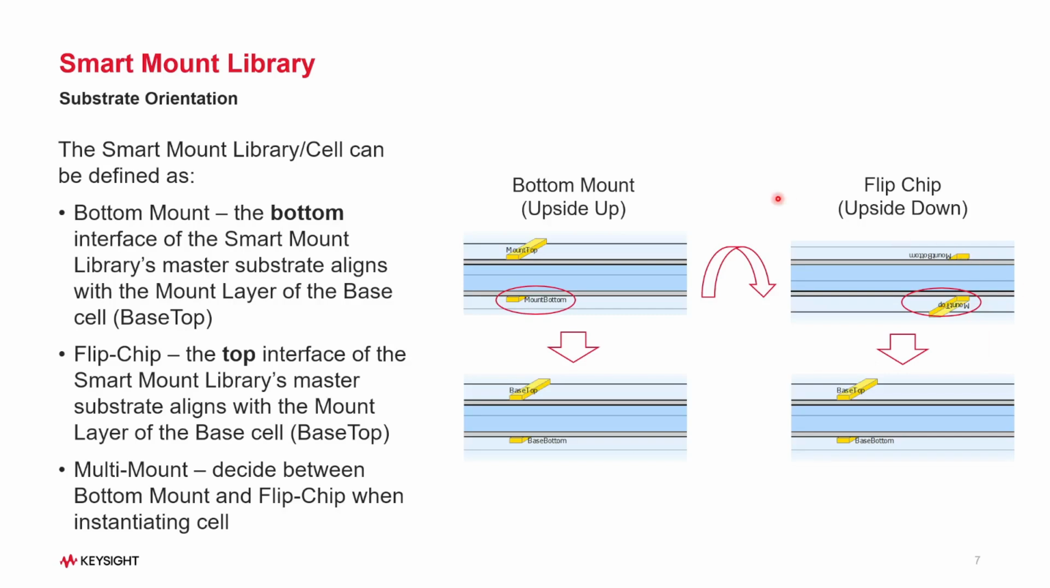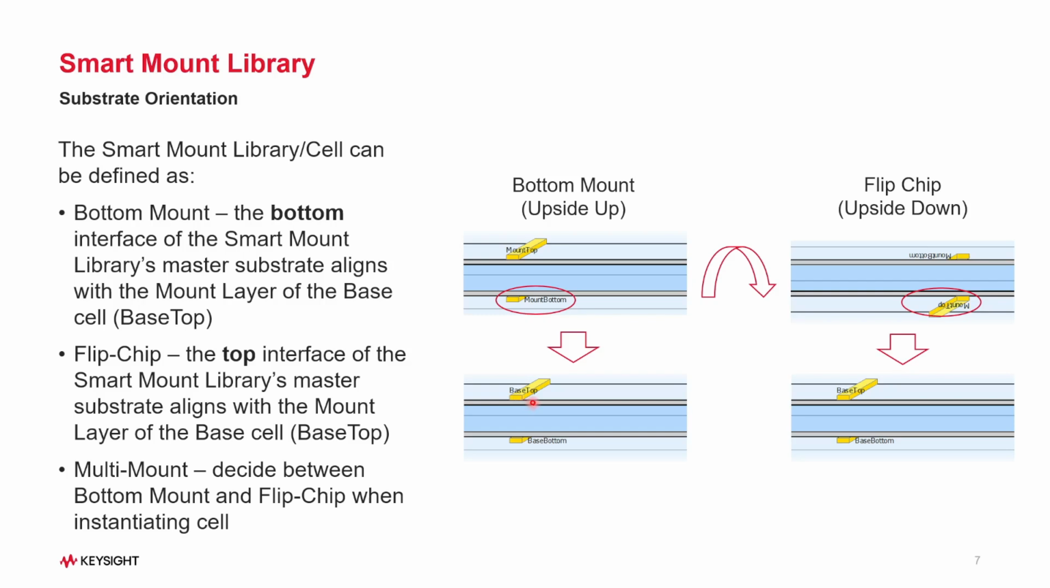Next, the Smart Mount library substrate orientation needs to be defined, and there are two main options. One is bottom mount, and you see here in the case of the bottom mount, the interface to which the mount bottom is attached gets in contact with the interface where base top is